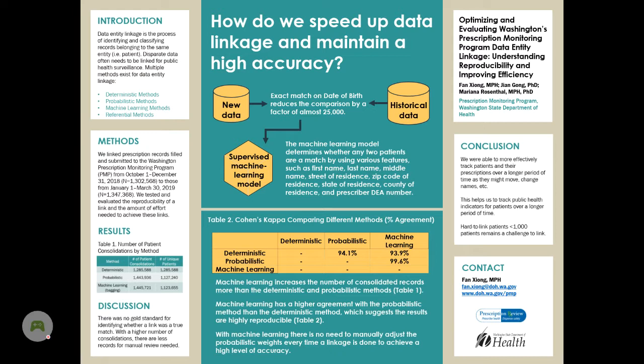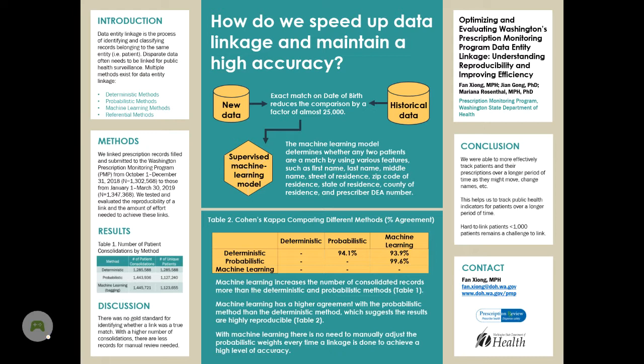So the model will find patterns that reflect the choices you made when you decide two records should be a match or not. And then you use that model on new sets of data to decide if two records should be linked or